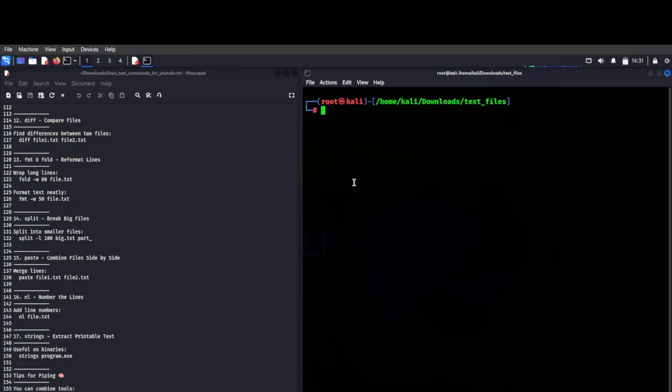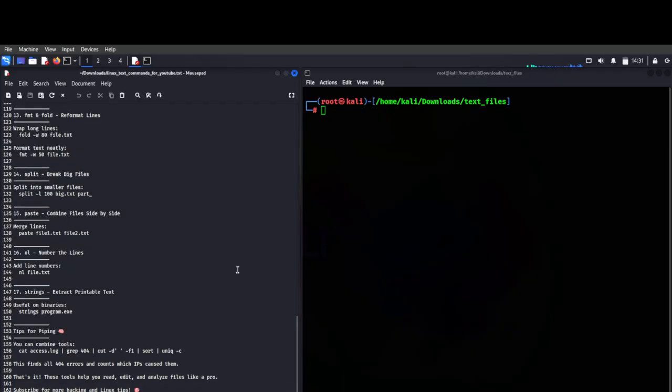Alright guys, welcome back to the second part of my 8th video on text manipulation. Again, we're going to use the command line to manipulate text, using different commands. So as you can see here to our left,